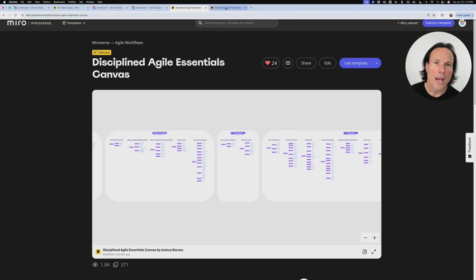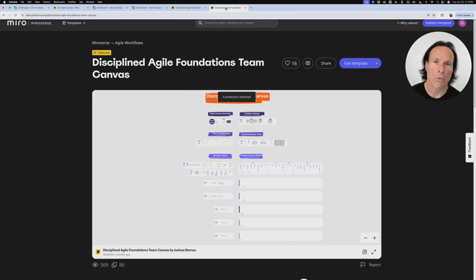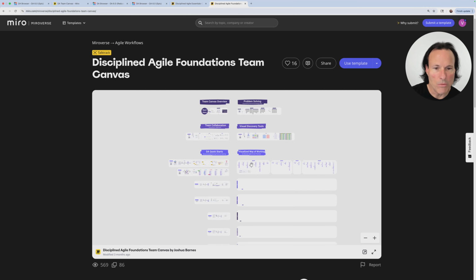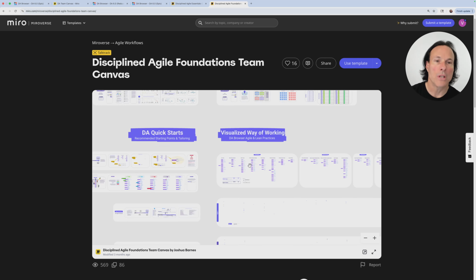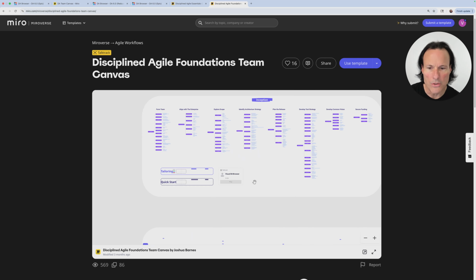Now, we also have the Discipline Agile Foundations course. This is a one-day workshop. And within this workshop, not only do we go over a lot of the essential content, but we get into additional things like our Discipline Agile Quick Starts. Now, this is another powerful addition that's part of the next generation of Discipline Agile, where as I zoom in a bit more on this template, which again is in the Miroverse, it's freely available to download and begin using,